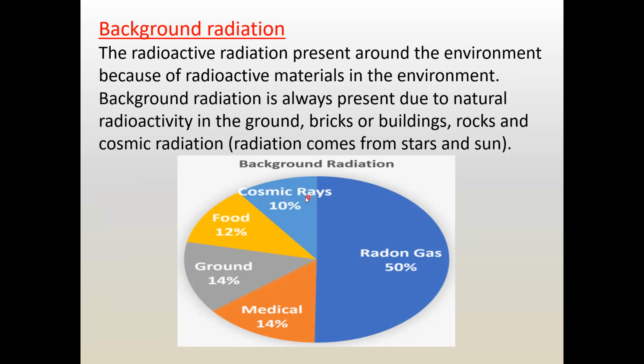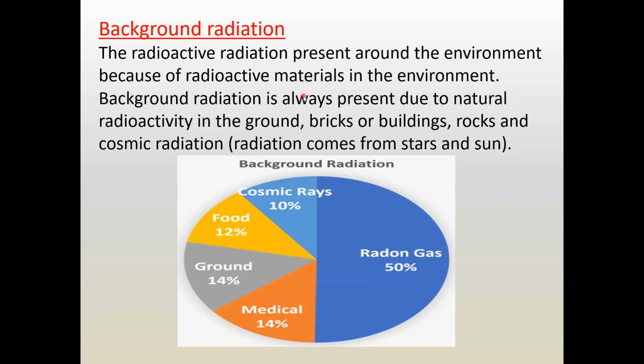It can be cosmic rays, meaning radiation from the outer atmosphere. Different types of substances, foods also emit these radiations. Ground also, soil, contains different radioactive material that also emits radiation. In the medical field, we are using different types of radiation that might contribute. Or in our atmosphere, we have radon gas, and radon gas is also radioactive. So radiation other than the source, which we receive, we call background radiation, or also surrounding radiation.